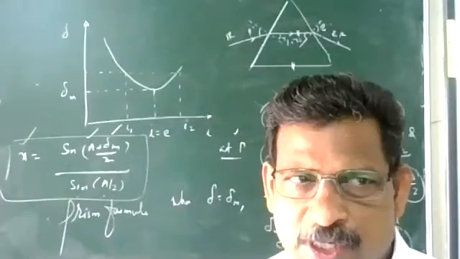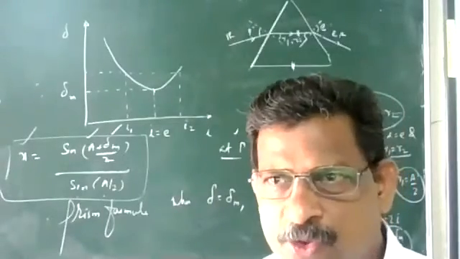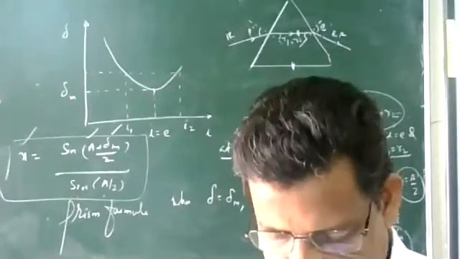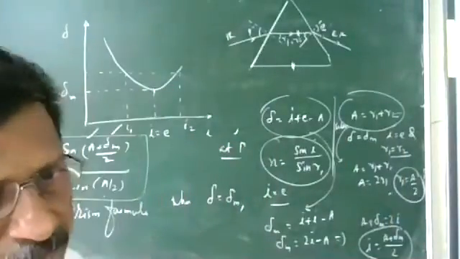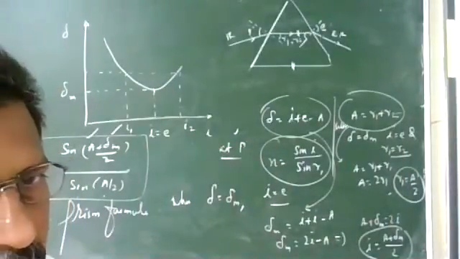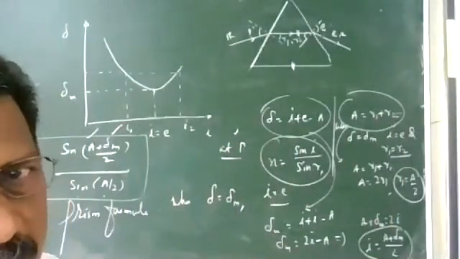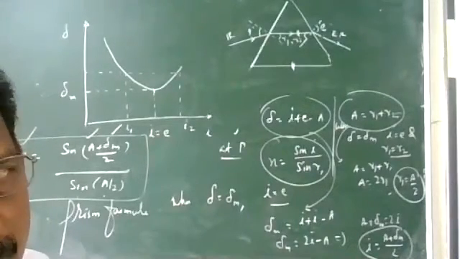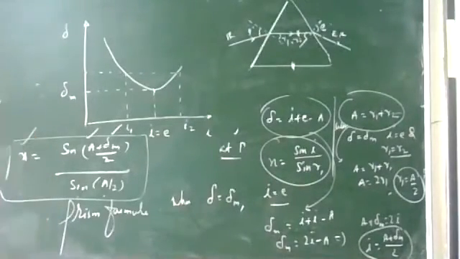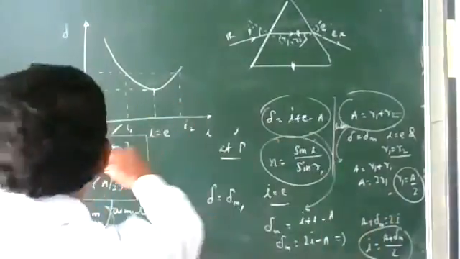Angular deviation equation is I plus E minus A, so we have to find that. What is the angular deviation for a small angled prism? This was a 1 mark board question. The value of the prism angle, for example 6 degrees, and the refractive index will be given, and you have to find the deviation. The next is deviation for a small angled prism, with angle A of 5, 6, 7, 8 up to 10 degrees.